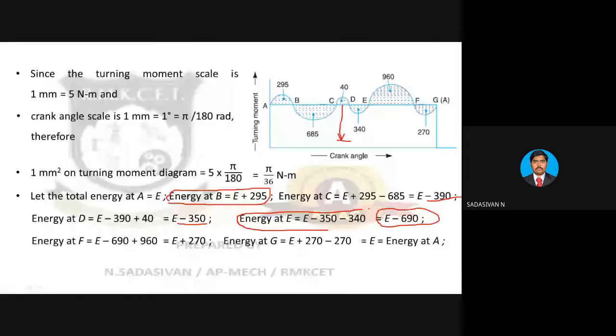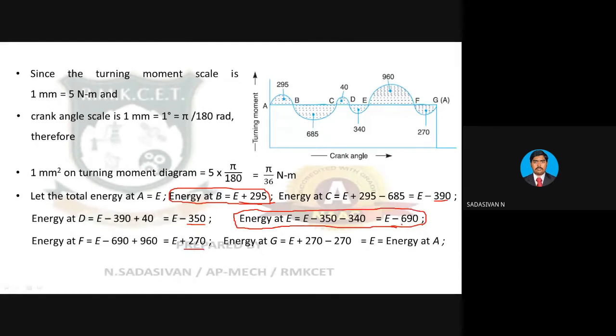I think all of you are able to understand this. For the maximum point, just look at the number. Positive number, largest value. There are only two positive numbers here, plus 295 and plus 270. Which is the larger number? 295 is the largest number. So the maximum energy point is E plus 295. For the minimum energy point, look at only the negative values: minus 390, minus 350, minus 690. So 690 is the smallest number. Don't think that 690 is greater than 390. Why are you putting 690 as the smallest number? Minus 690 means a larger negative number. It means it is very small. So the highest energy point is point B. The lowest energy point is point E.